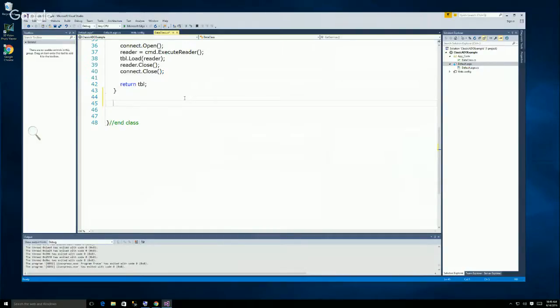So I am going to do a public so we can access it from the web page. I'm going to let it return a data table also. It's just an easy way to do this. Later we'll be using lists with objects in them, but right now we'll just do a data table. I'm going to say get grants, and we're going to pass